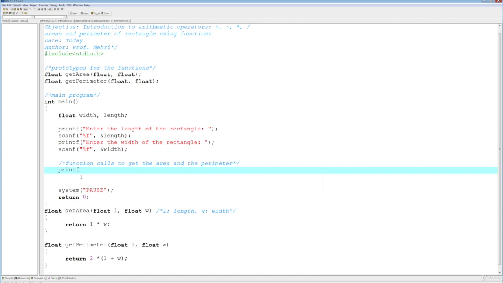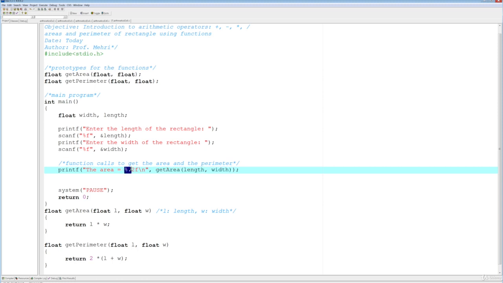So printf, the area equals, and I will do a %.2f. I'm going to do it in 2 ways. \n, and watch what I'm going to do. I'm going to call the function right here, get area, and then supply it with length and width that are local to main. Okay, that will call the function for you, and it will return the value, and it will